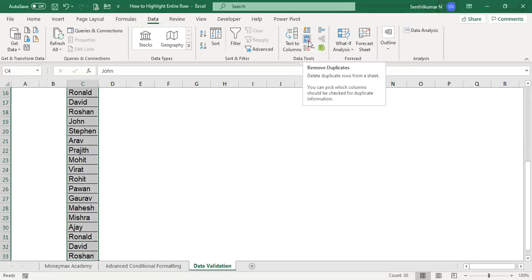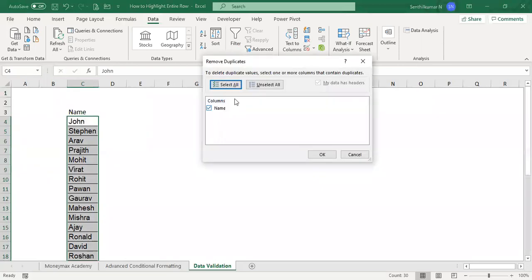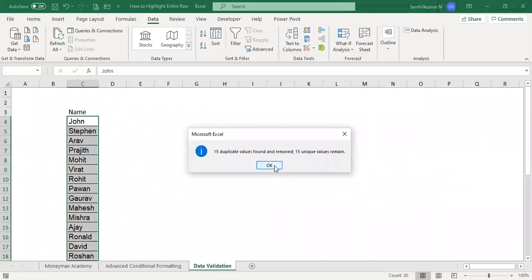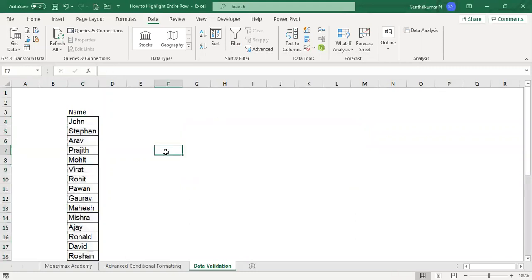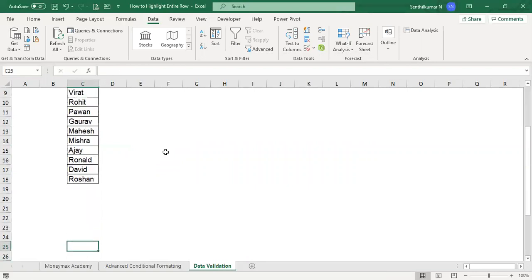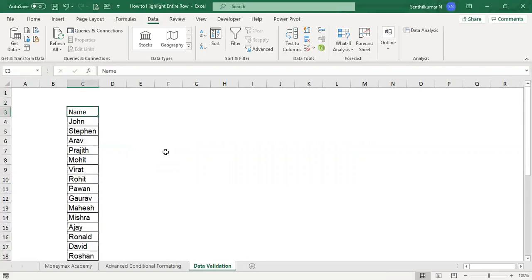What does that mean? Only a single instance of each will display. Please listen carefully. I'm using remove duplicates. Name, select all, yes. So 15 duplicate items were removed and 15 unique values remain. Please see friends, only unique values are available.